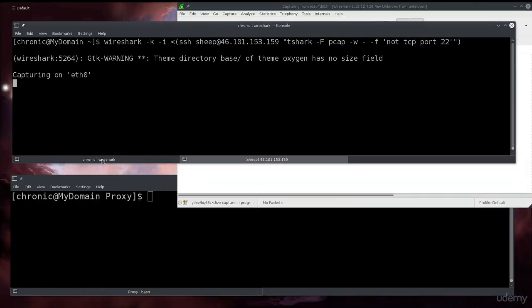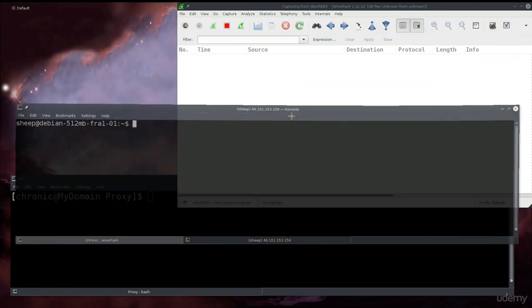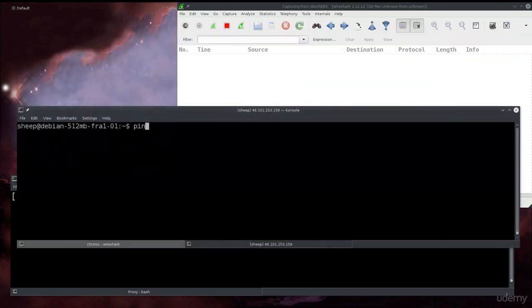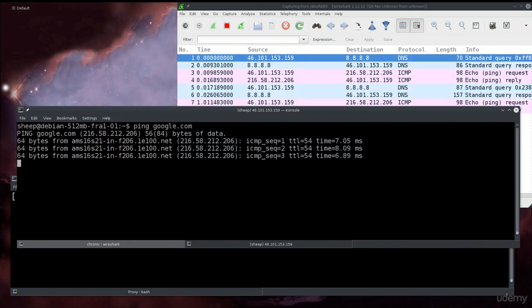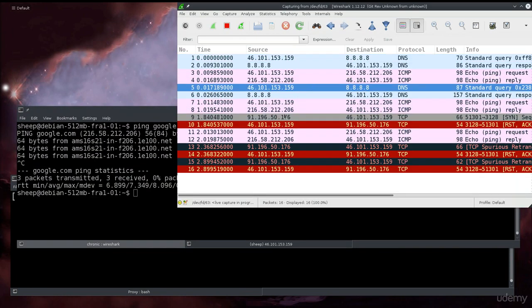So let's just go over to the other terminal where I am connected to the server, and I don't know, do something stupid like ping google.com. And you can see immediately there is a reflexive behavior here where these pings are recorded. I am pinging google.com, so this is the DNS, and one of these IP addresses is from Google. Maybe probably this one,